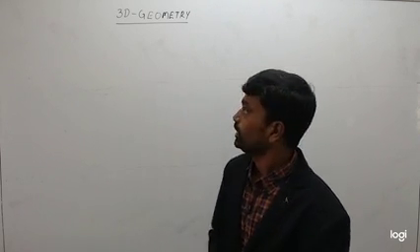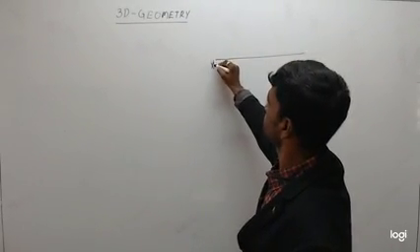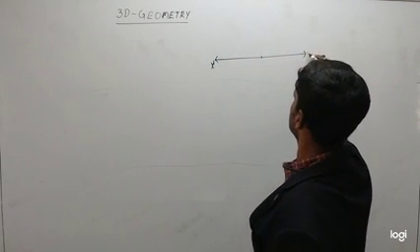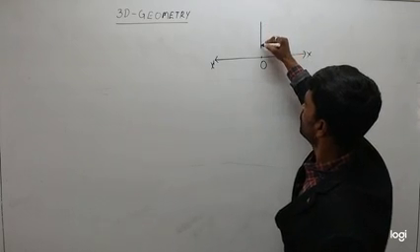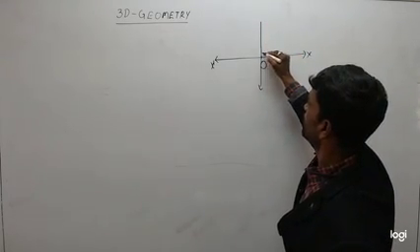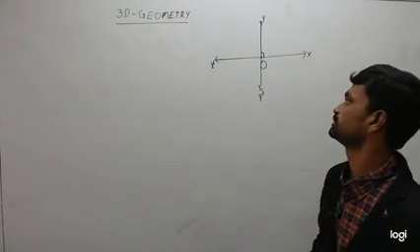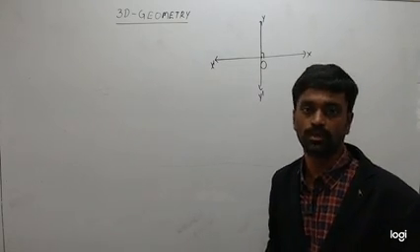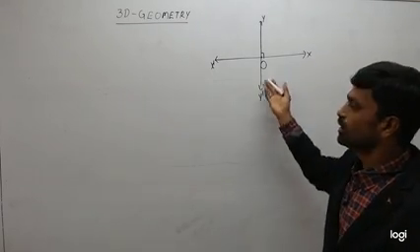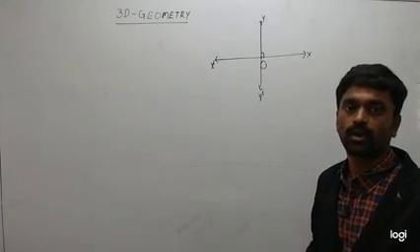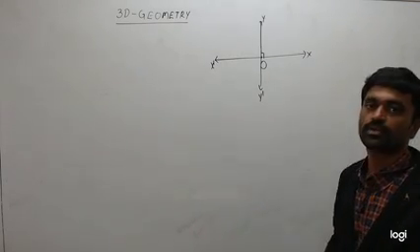Okay. So in 2D geometry, consider the line x dash O X, and draw a line perpendicular to x dash O X and passing through O. Let the name of this line be Y O Y dash. That means we are considering two mutually perpendicular lines which are intersecting at O. Already you know that x dash O X is the X axis, Y O Y dash is the Y axis, and their intersecting point is the origin.